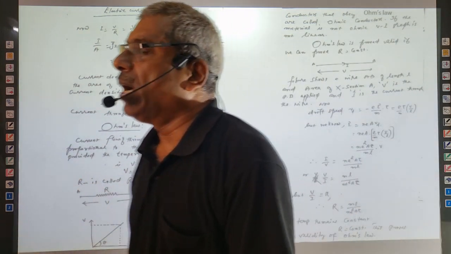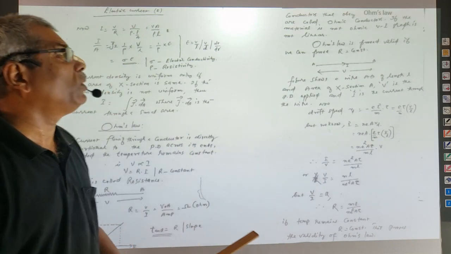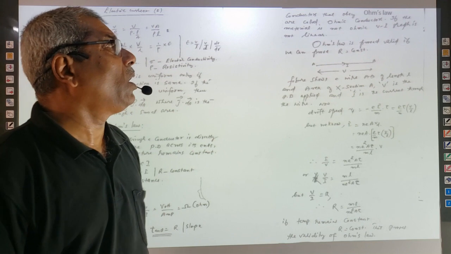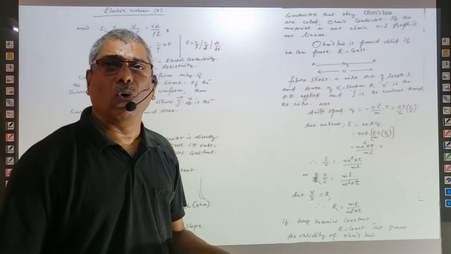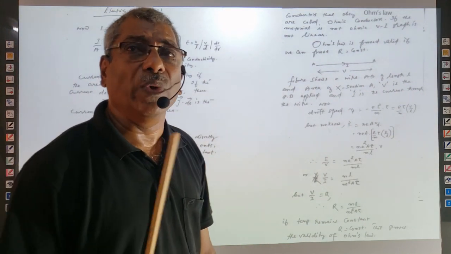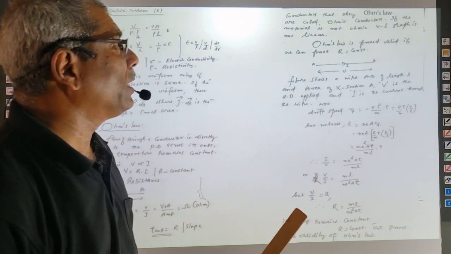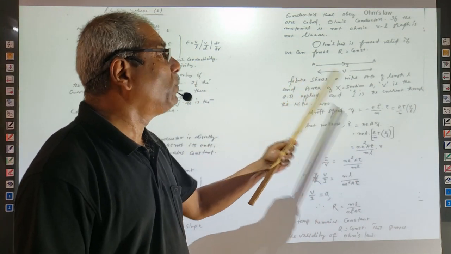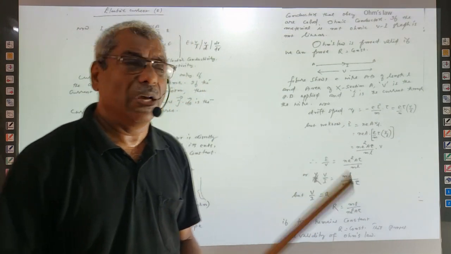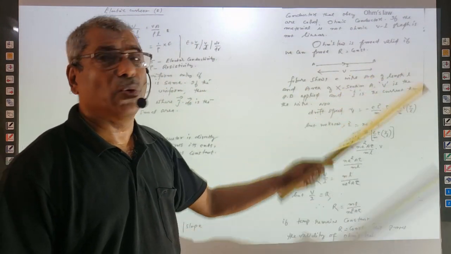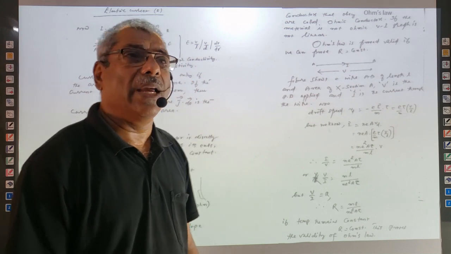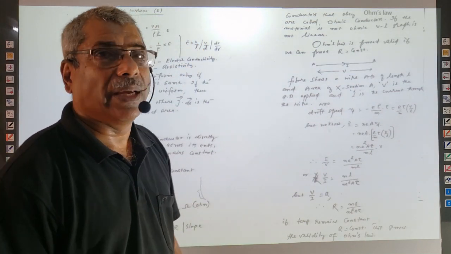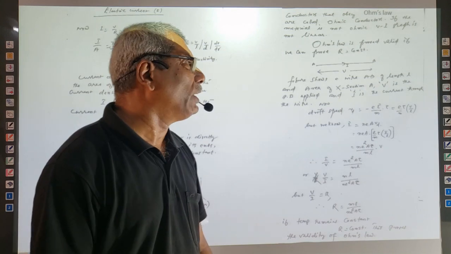So this is Ohm's law. Ohm's law is very important. Conductors that obey Ohm's law are called ohmic conductors. For ohmic conductors only, the VI graph is always linear. Ohm's law is proved valid if we can prove R is equal to a constant. Now you see, this figure shows a conductor AB, current I is flowing through it when a potential difference V is supplied. Capital A is the area of cross section of the conductor.